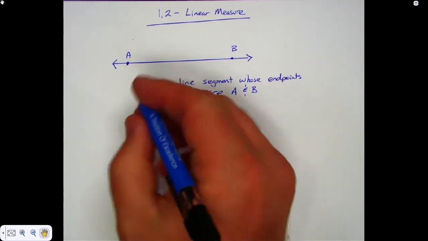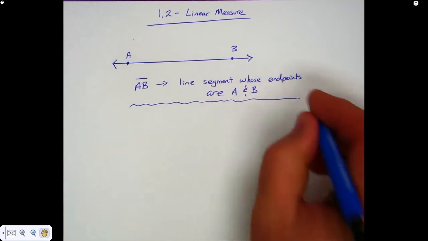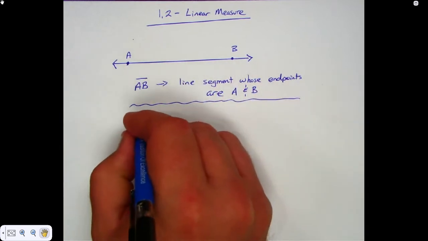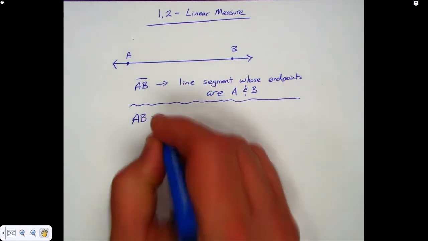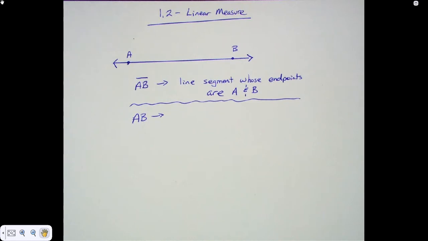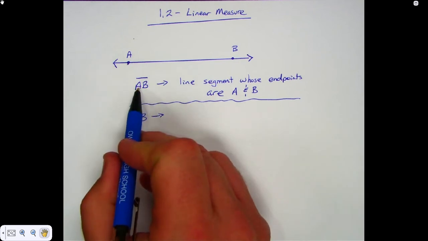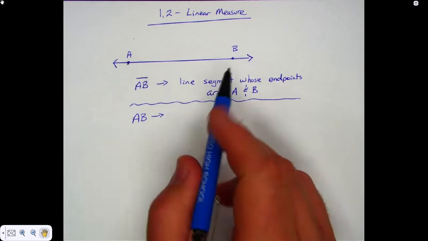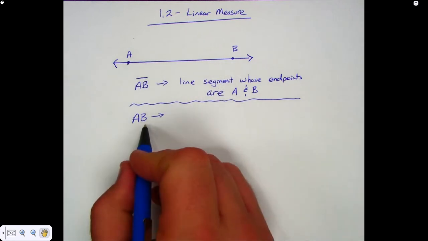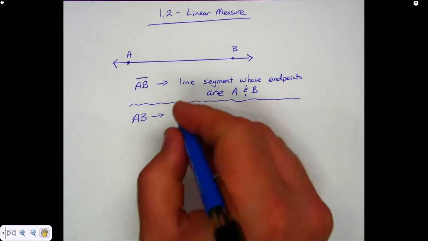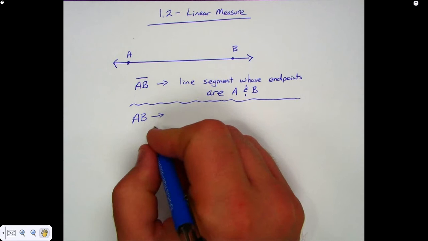But if I write this, do you think that means the same thing? It absolutely means something different, and you have to read it and understand what it's saying to you. When I write this, I'm saying segment from A to B. When I just write AB, what have I told you? Mathematicians are lazy. This represents the distance